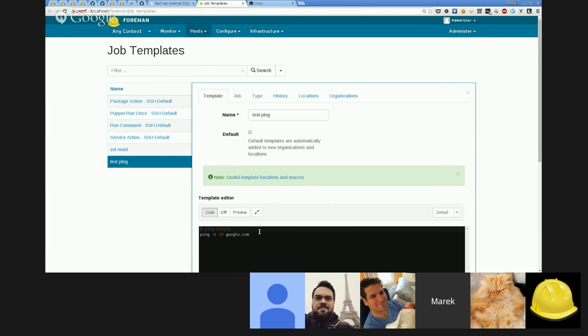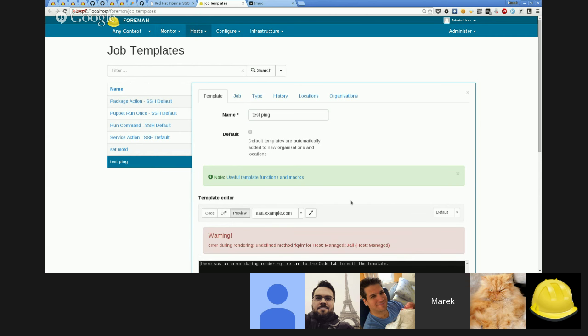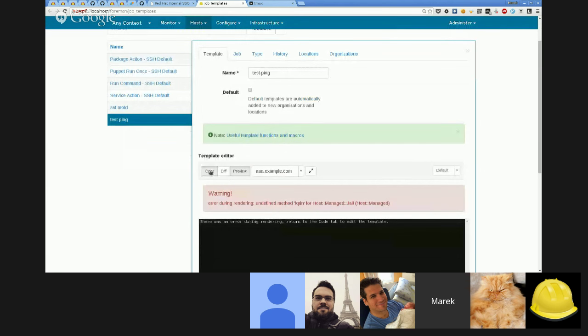But I can add some ERB tag here, which is going to be evaluated. So here I can use the very same variables as for provisioning templates. So for example, I can do something like host.fqdn. Now when I click preview, well, FQDN is not a whitelisted attribute here, so I can't use this one. But I could do something like